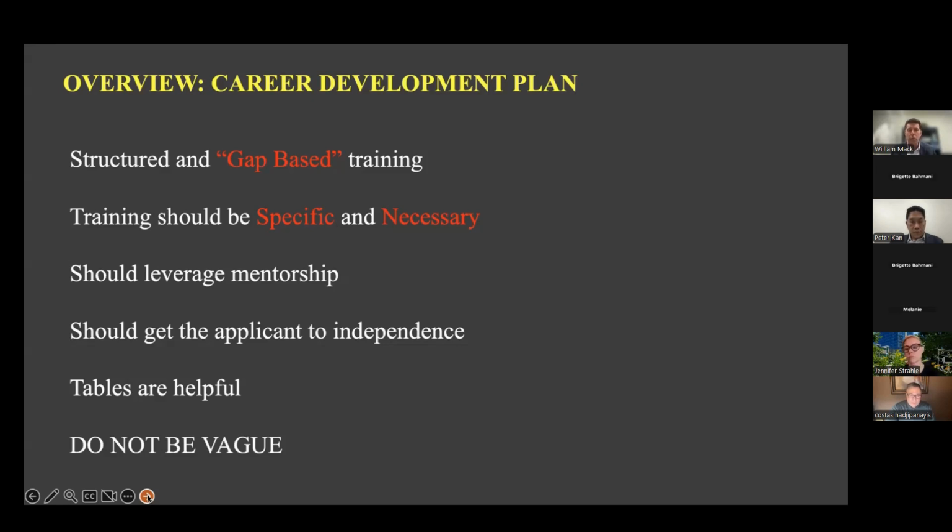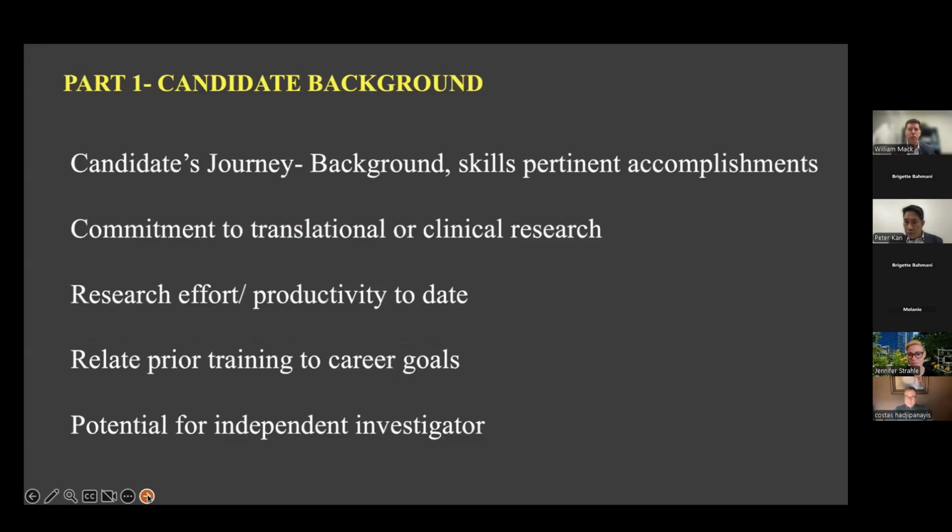When you're actually writing up this section of the grant, tables, figures, diagrams, very helpful. But as I referred to before with the specificity, the more advanced grant that one applies for, the less room there is to be vague and talk about training through coursework or name courses and not give specifics. So I'll go on to the next slide.